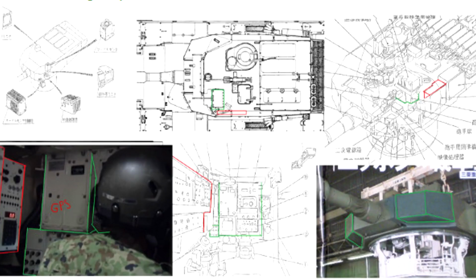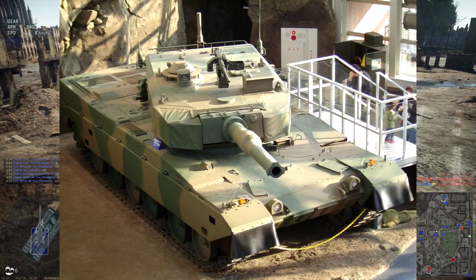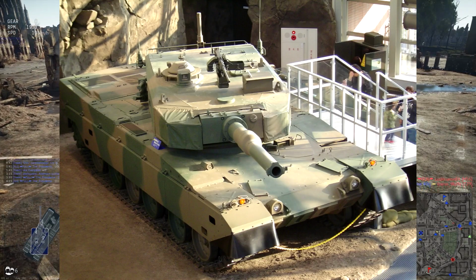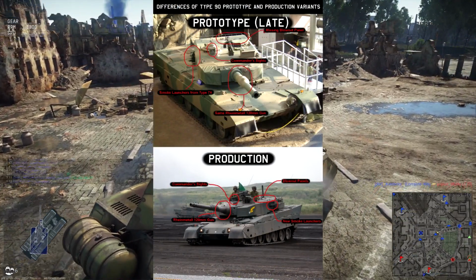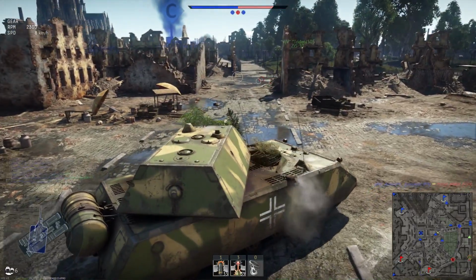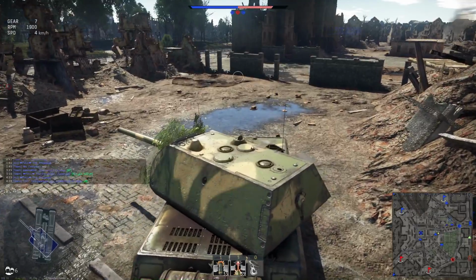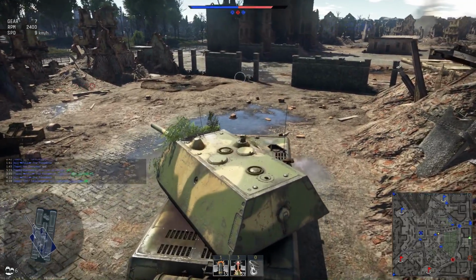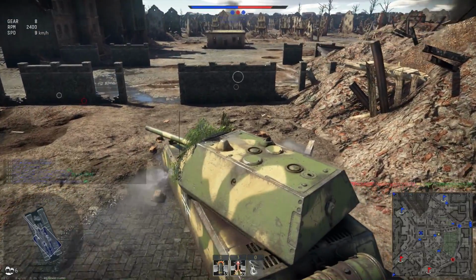They do have an in-depth analysis of the inside of the turret and how it lines up, but one of the images they use is of a pre-production model of the Type 90, which is much different than the final production model. It seems what Gaijin did with the armor was just match it with the Leo 2A4 armor,